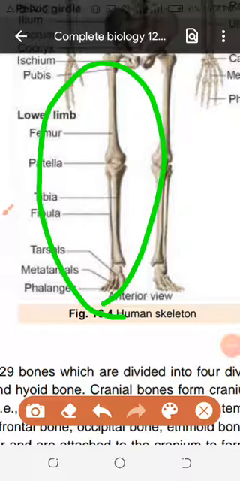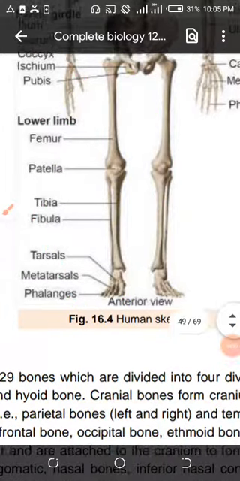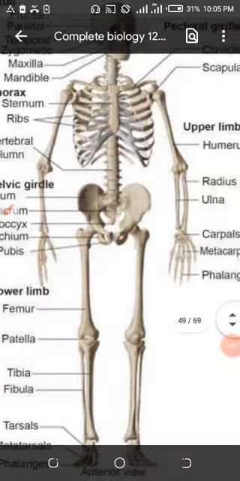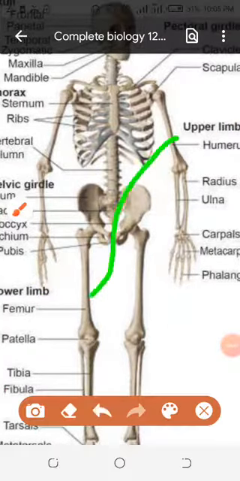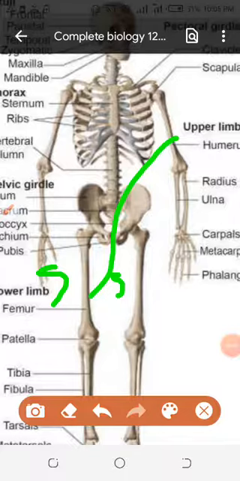Okay, this is the femur. This bone is the femur. A long bone, a little stronger than the humerus. I can relate the humerus with the femur, but this is stronger. Question: sir, why are the hind limbs, the legs, stronger than the forelimbs? Why are the legs stronger than the forelimbs? Reason: because they are meant for locomotion.